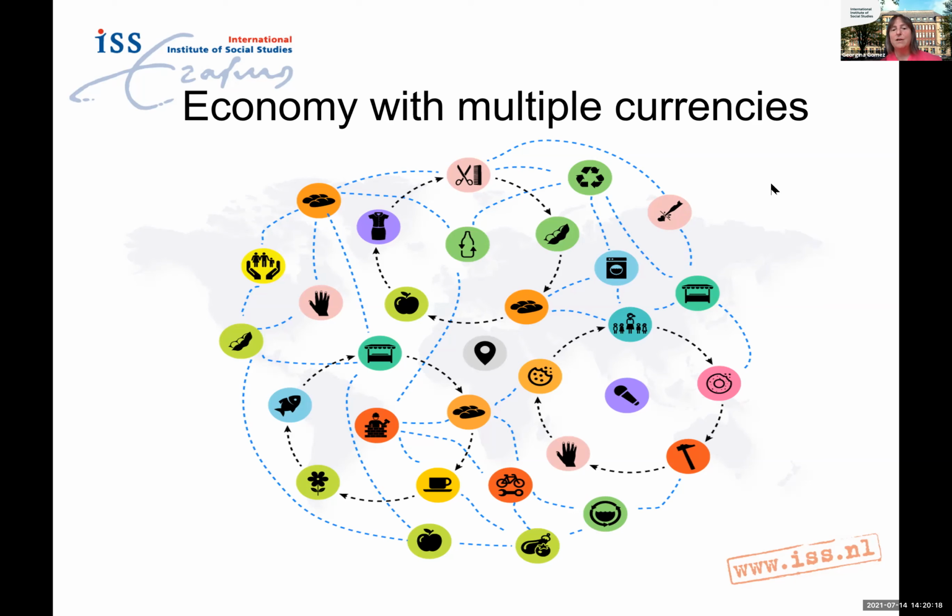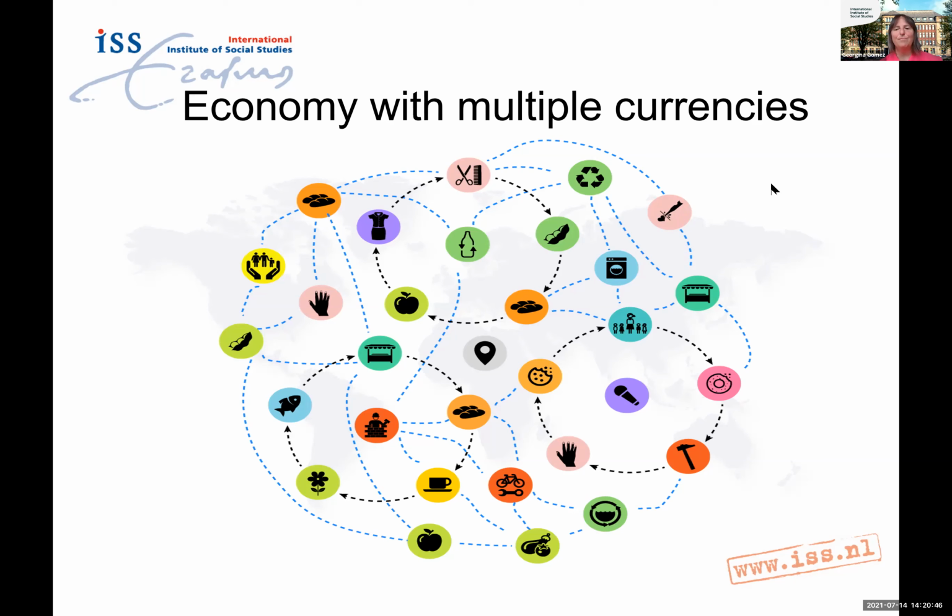So if we are a household that is in the middle of different exchanges with different means of exchange and different ways of storing value, we would have a picture that in an economy with multiple currencies looks like this one. So we would use a particular voucher to pay for milk, but a different kind of means of payment to pay for the school, etc., etc.